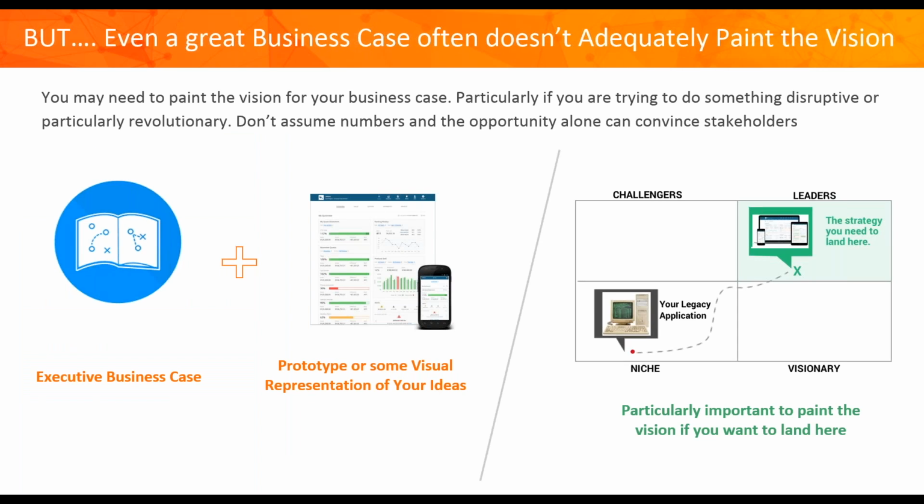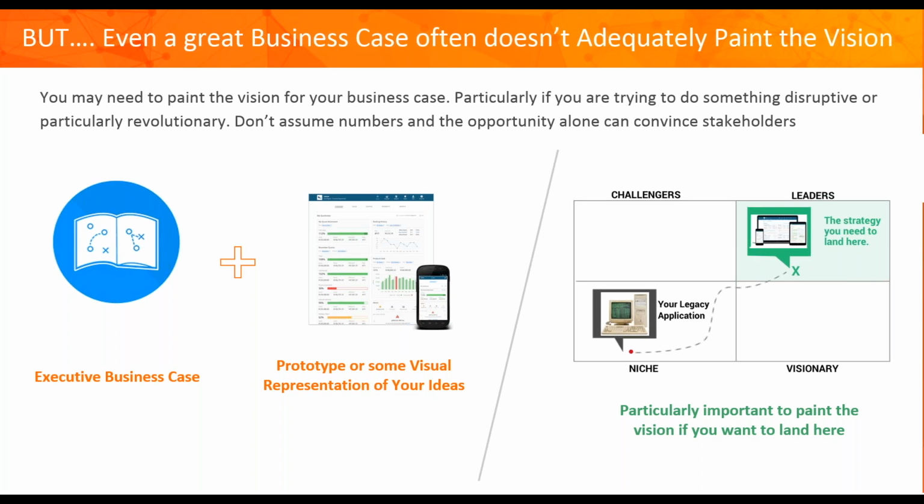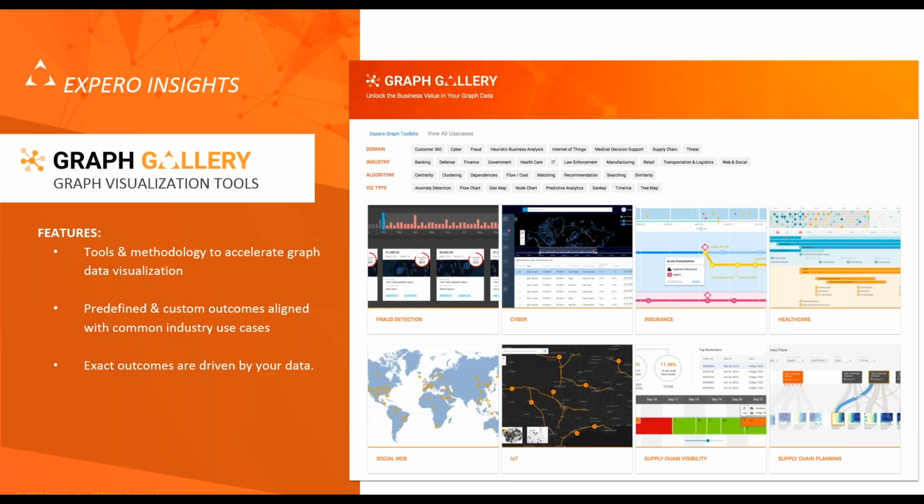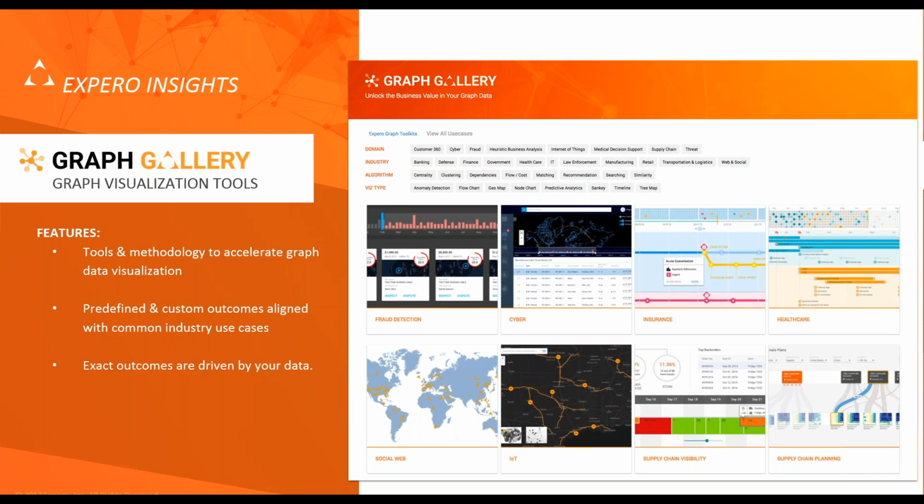Okay? Now that we have that vision, we're in that executive meeting, and in some cases your executives will say, you know, that's great, this is fantastic, we see the light, except how do we put a sharper pencil point on this? How can we get closer to that information? How can we see it? That's where this idea of a presentation starts to become. We here at Expero do this quite a bit. It's something we call a corner office demo, where it's typically a short burst. It's a 4 to 6 week prototype, and what we try to do then is glue that ROI, potentially a business or use case, taking some of those personas and creating exactly that.